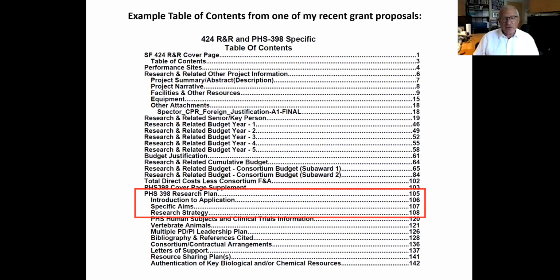Today, we're going to be focusing mostly on this part of the research plan, the specific aims and research strategy, and to some extent, if you have to resubmit, you get a one-page opportunity to write an introduction to show how you have